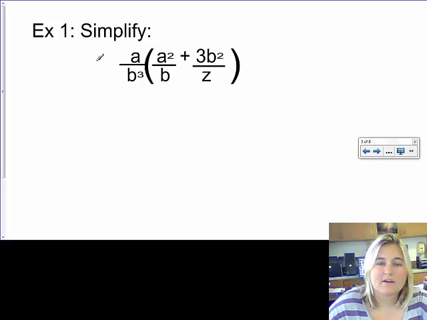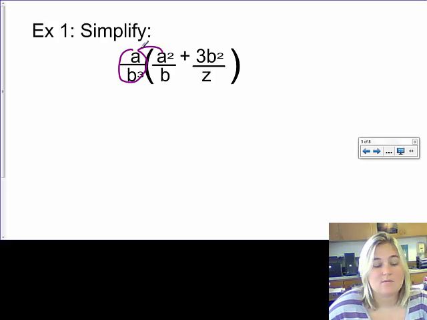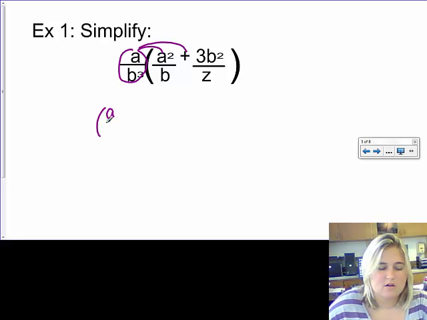Whenever we normally have something out here touching parentheses, and we have something else going on inside, we're usually adding or subtracting, we know that what we have to do is distribute, and that's exactly what we're going to do here. We're going to distribute a over b to the third to everything on the inside. Now remember, whenever we do this, this means that we're multiplying. So I have a over b to the third, and that's being multiplied by a squared over b,